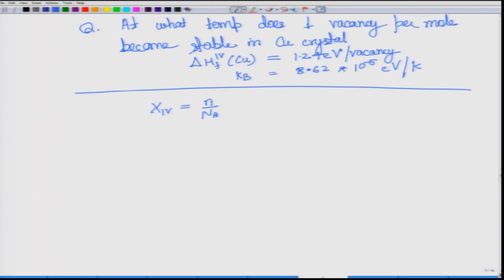So, n is equal to 1, Na is the Avogadro number, and therefore, this becomes 1 over 6.023 into 10 to the power 23, and on the right hand side what we have is minus delta H formation of 1 vacancy by KBT. Delta H formation is given in electron volt per vacancy. So, we need not convert the Kb to R, let it be like this, and therefore, this becomes